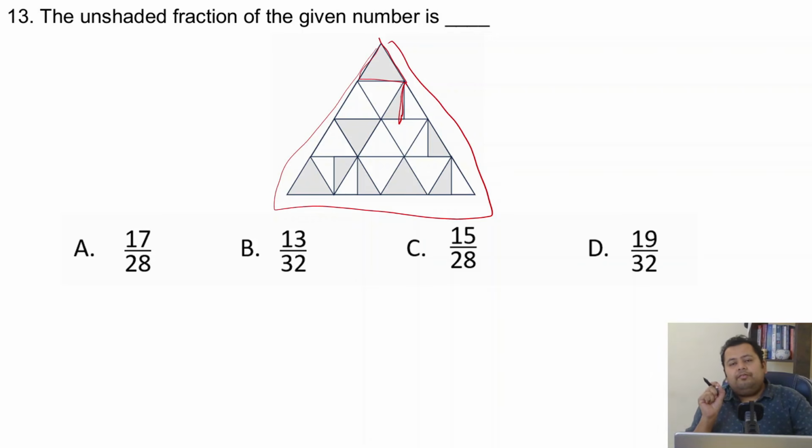The hint that I'll give to you over here is that the shaded and unshaded portions are cut into half of a triangle. Take half of a triangle as one unit. So cut all the smaller triangles into half. Take half of a triangle as one unit, and then do the calculation of how many unshaded portions are there and how many shaded portions are there. So pause the video, solve it by yourself first. It will take some time. Be patient, solve it, and then look at the solution.